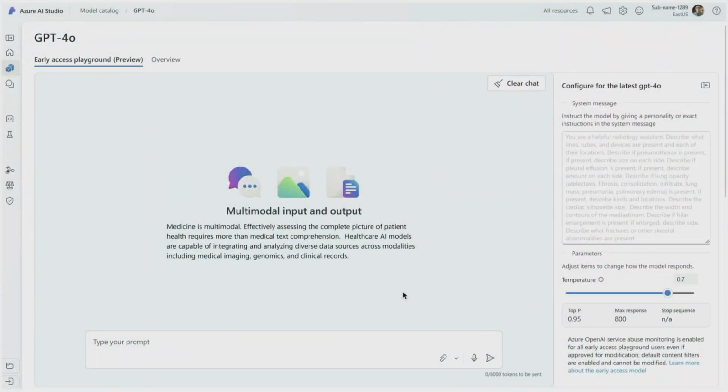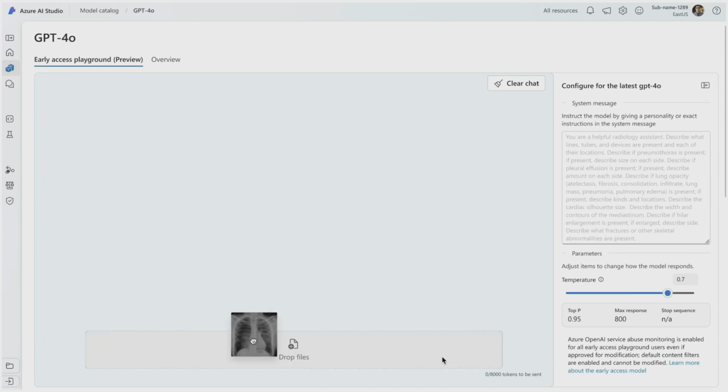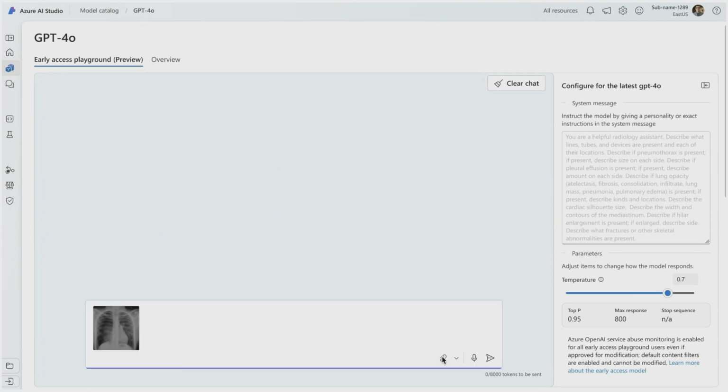This is a demo where we actually... I'm going to begin by uploading the chest X-ray to GPT-4o. Leveraging the abilities of 4o, I can speak to the model and ask it questions. Can you write the findings section of a radiology report?